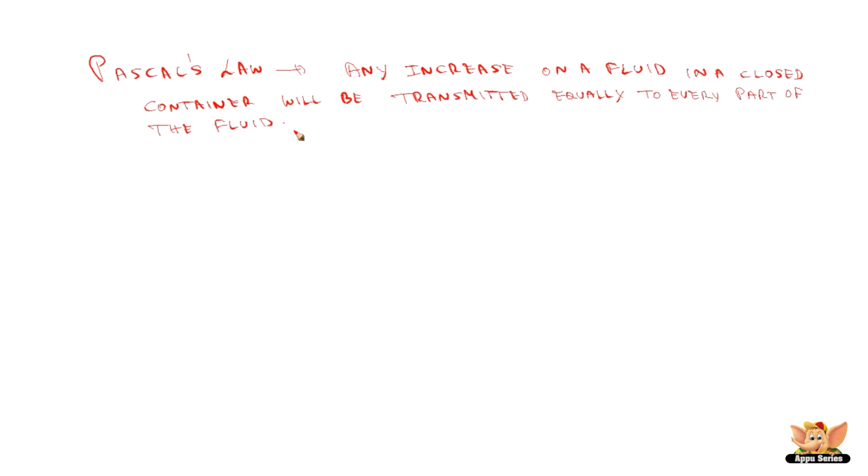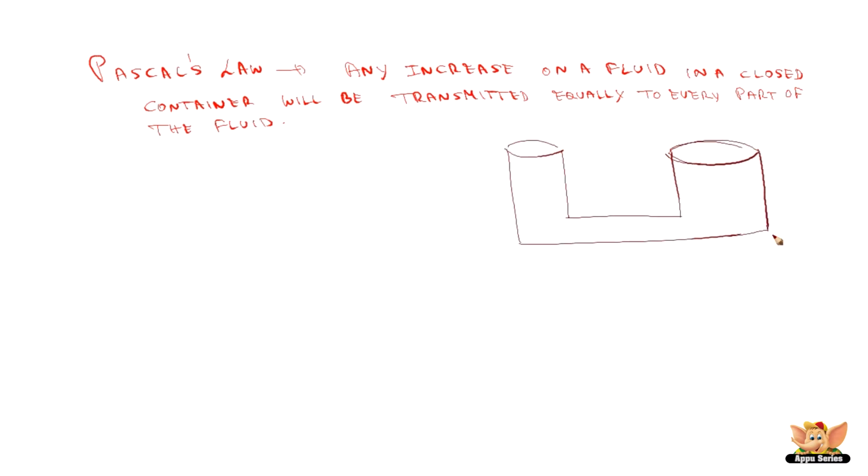So we have got pressure as height into density, height of the container into density of the liquid, and we also said that at the same height for the same liquid, it doesn't depend on the shape of the container. And also we observed that the pressure of that water column in the example, at every centimeter square, equal pressure is exerted. So in order to understand Pascal's law better, let us take a closed container with different diameters on both the sides. If we say this is a D diameter, we will say this is 4 times that of D.